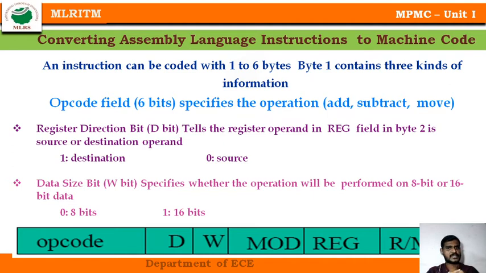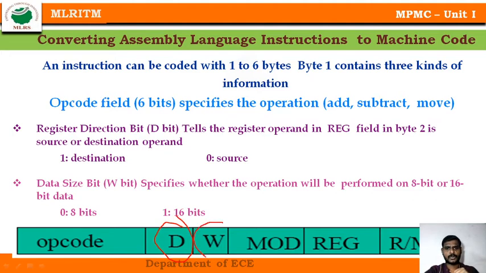The opcode field consists of 6 bits. That opcode field is nothing but add, sub, move, or whatever task I want to do with that particular instruction. Another 1 bit is called the direction bit. This direction bit tells whether it is a source operand or a destination operand, whether I want to transfer data to a source or a destination. That is the D bit, which is mentioned here with 1 bit. So here I will mark it with a pen. This is the bit which will tell us about direction.